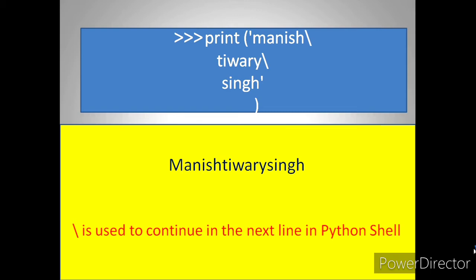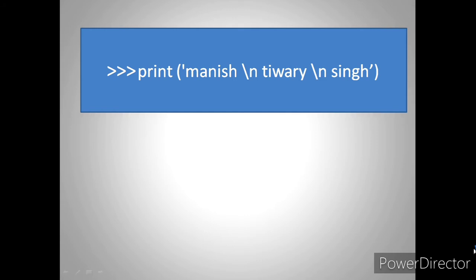Then again we have one more over here. When we say print Manish slash n Tiwari slash n Singh, now I hope you should give me the answer.